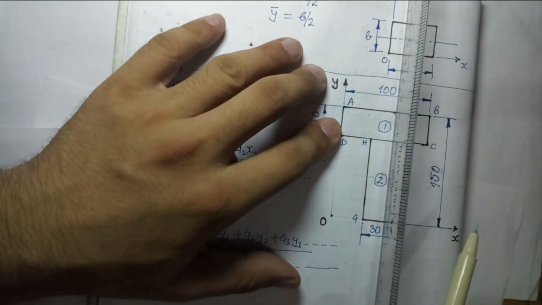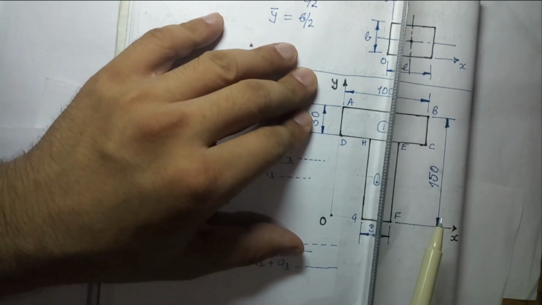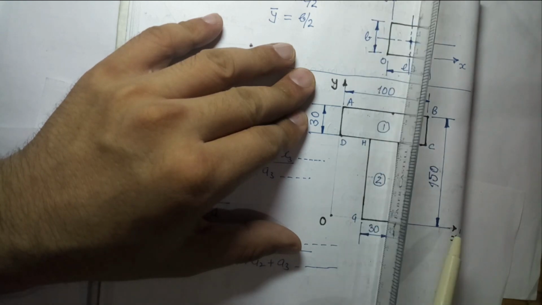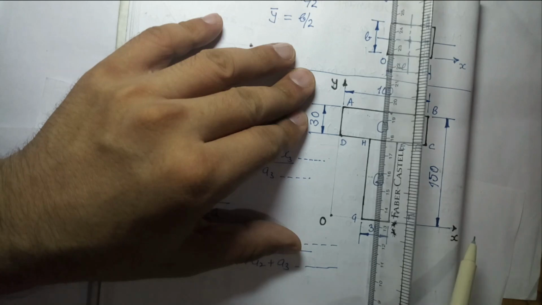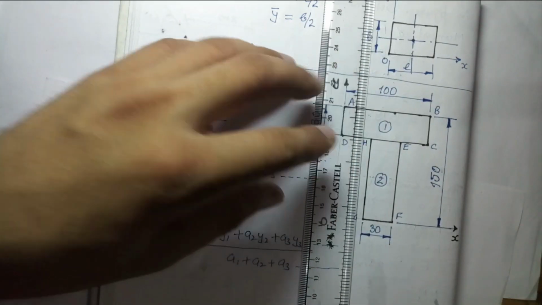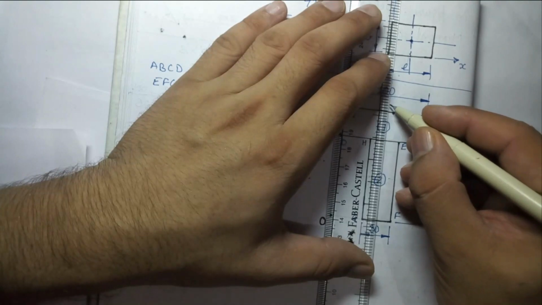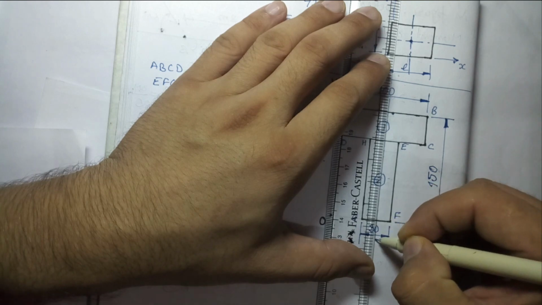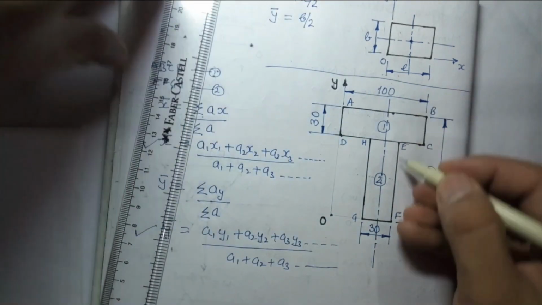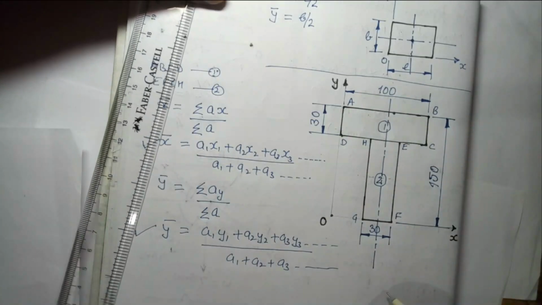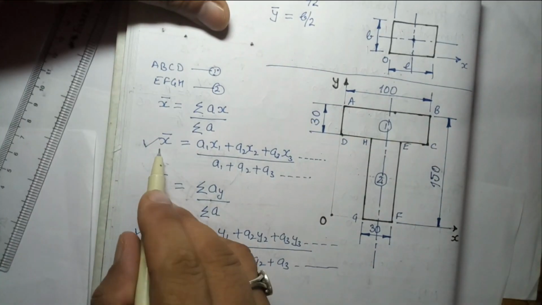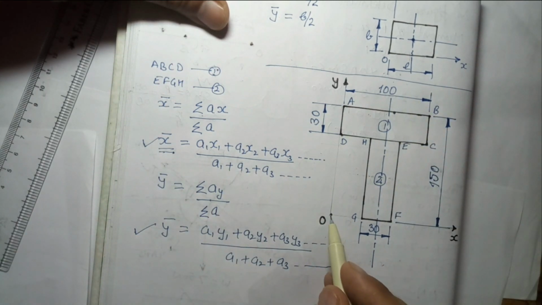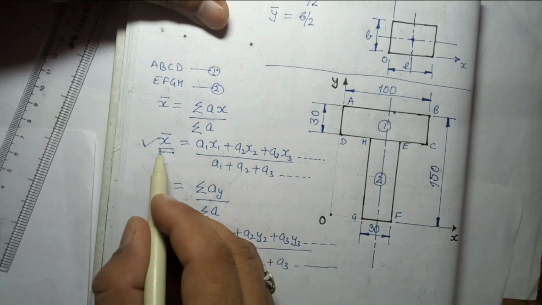But if I take an axis like this, now I can say that on this side and this side the object is just a mirror image, symmetric about this axis. So this is the axis about which the object is symmetrical. What is the meaning of considering this axis? It means the centroid of this object will lie on this line. So we have no need to find x bar, because the centroid will lie on this line. Directly from this point O we can find the x bar.